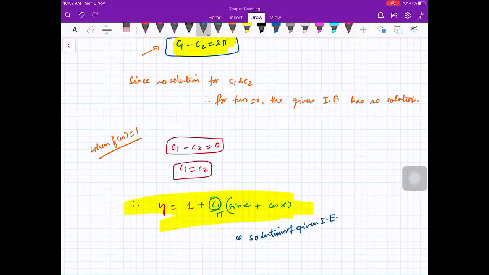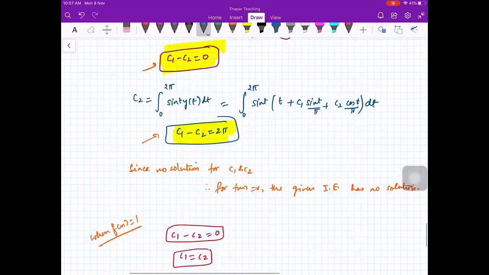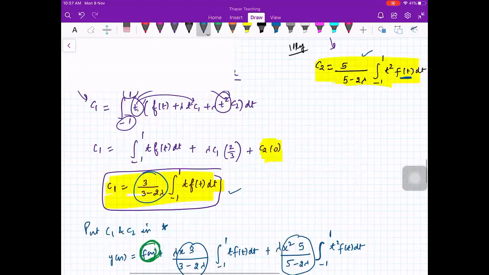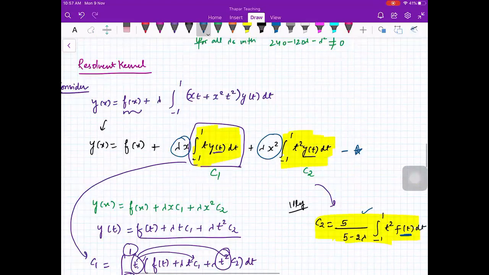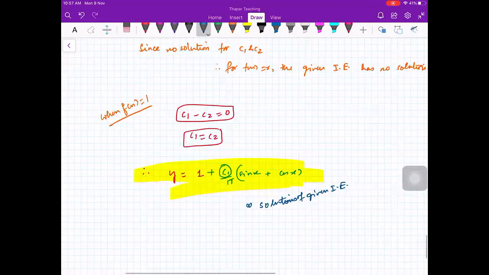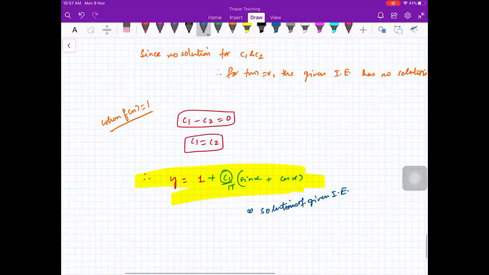So now you see, you can have a unique solution, you can have infinitely many solutions, and you can have no solution. Is that okay? Yes, ma'am. In the last case, you see, here we were getting a unique solution, in the two equations we did above. Here you can get a no solution case also, and you can have an infinite solution case also, right? So we'll do one more problem which will cover everything.